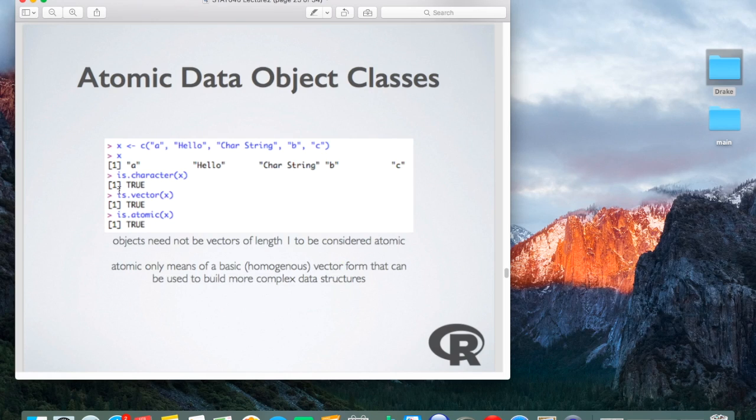Atomic data object classes. Let's see. So here I can make x as a character vector, and it'll have elements, I'll say A, hello, char string, B, C. These are just random